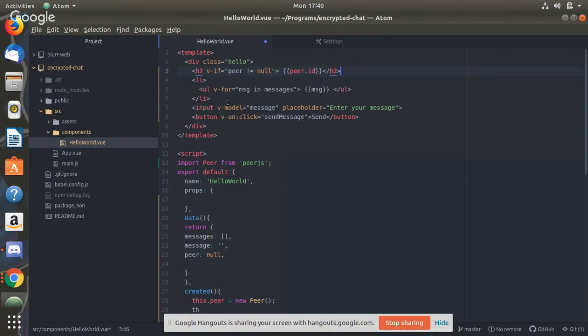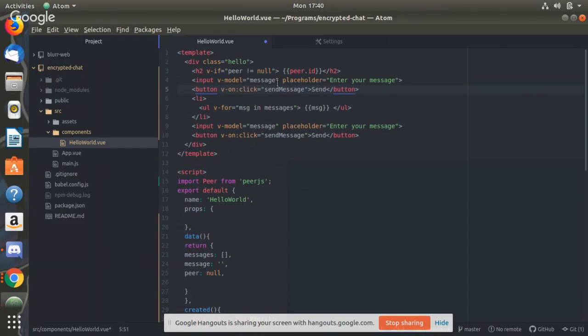We also want to connect to the person we're trying to talk to. We want to get their ID, and then we want to connect. Connect, and then